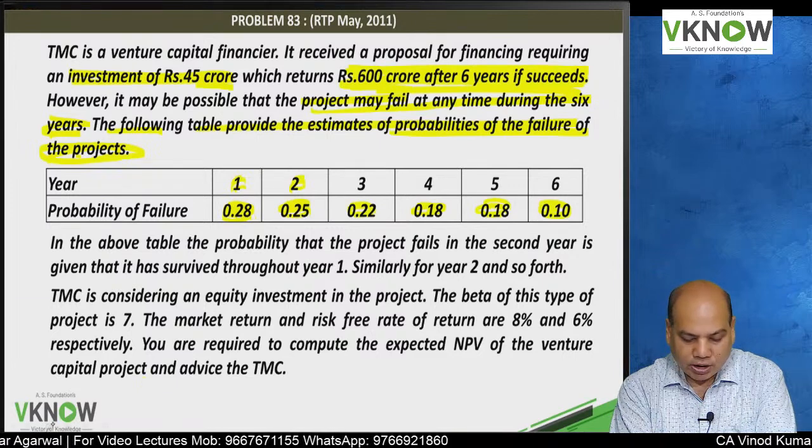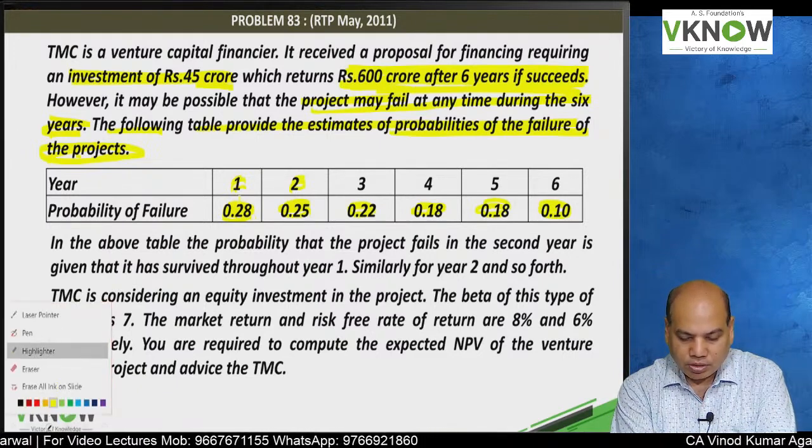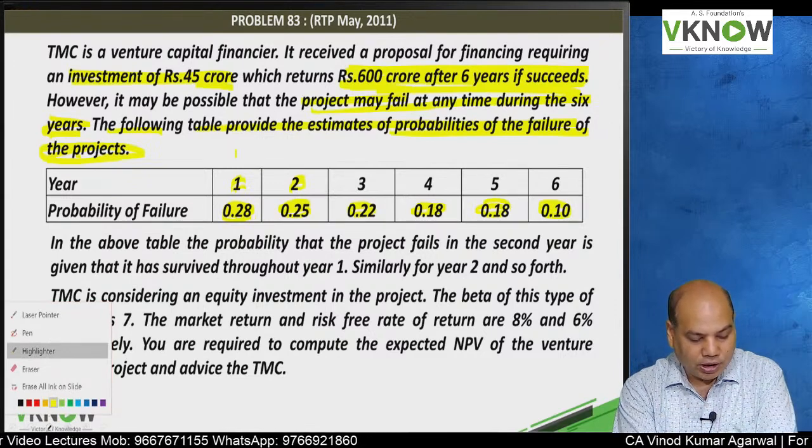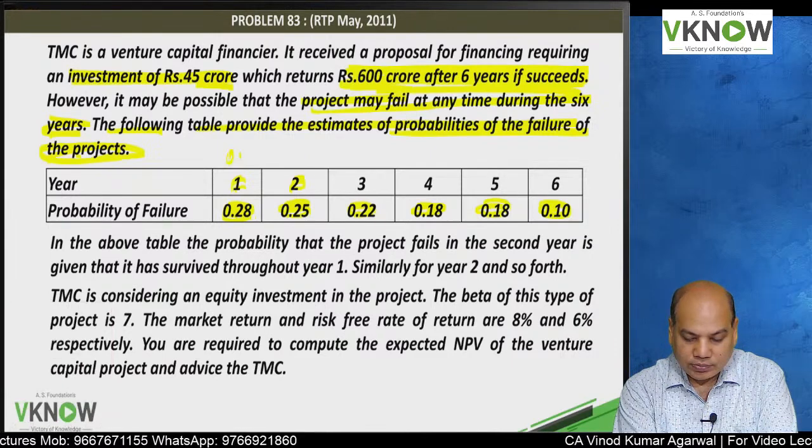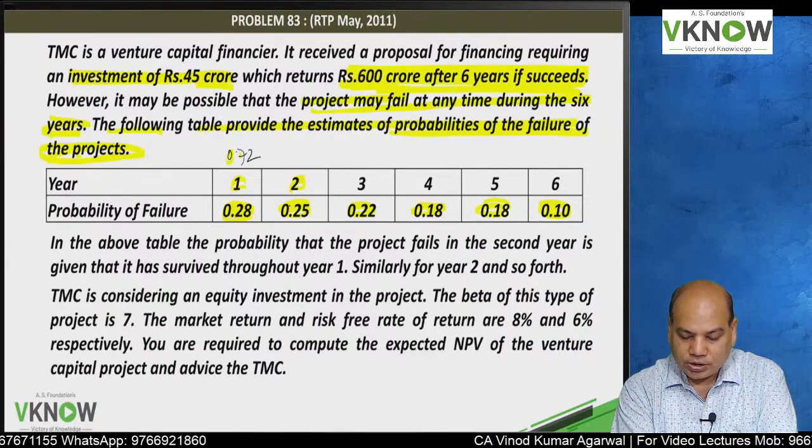So if the project has to be successful, it has to succeed in all the years, which means I need to calculate the probability of success, which will be 0.72,